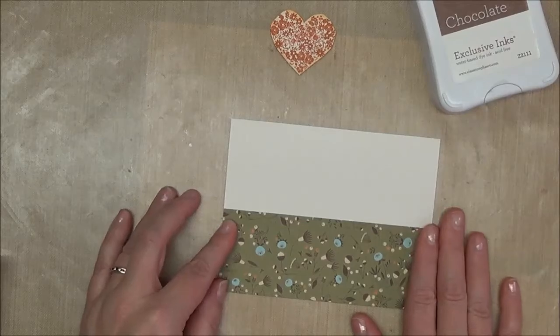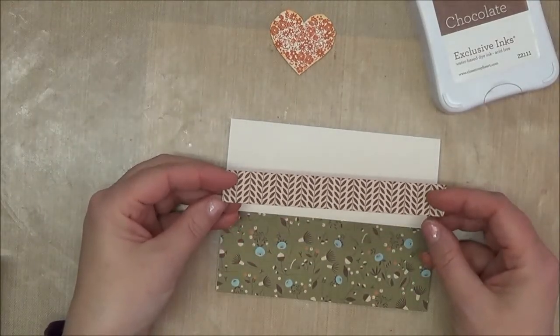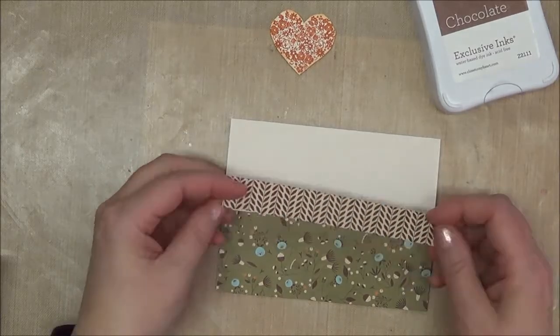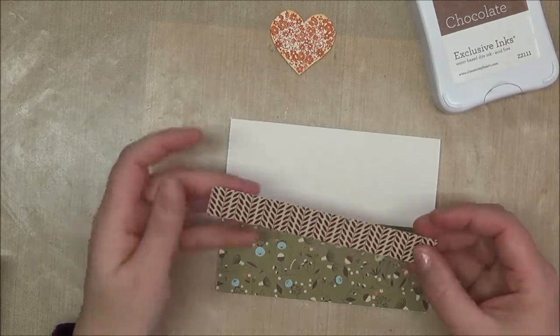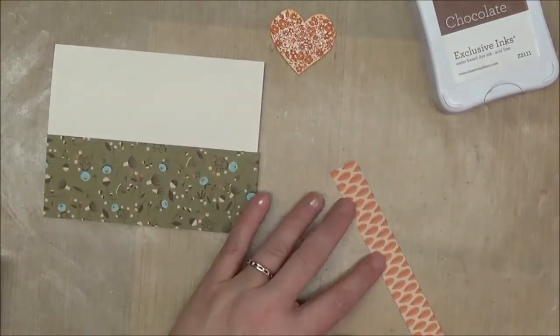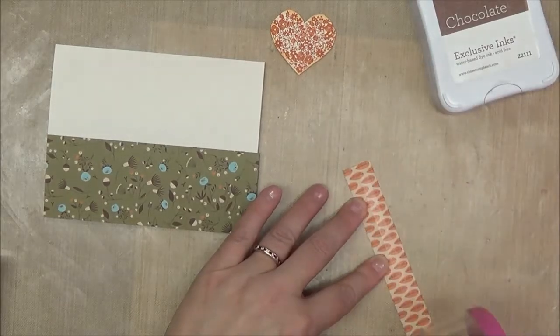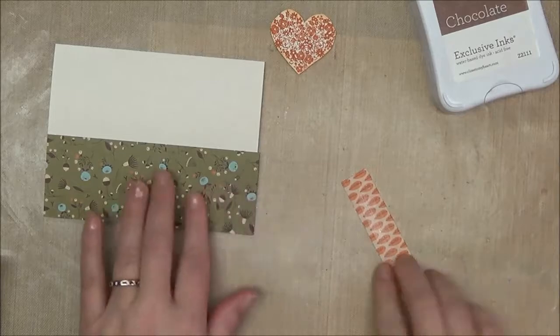So then the next thing that I did is I took this busy herringbone, and you might be saying, wow, that's too busy together, but you'll see it all works. And then on the other side is the leaf, but I want this leaf that makes it look like a herringbone, and I cut this at 3/4 inches wide by the full 5.5, so that is going to border the